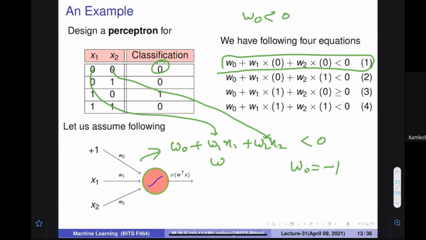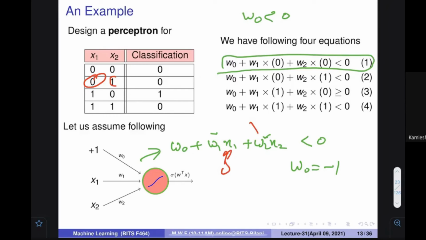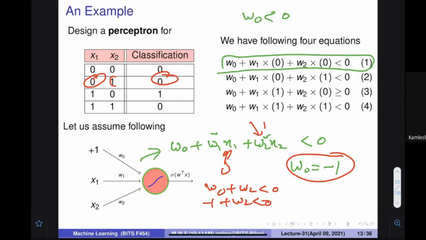All right, very good. So what is the next equation? Next equation says that 0 1 means this value is 0, this value is 1. Means that W0 plus W2 should also be less than 0, because we have to give the output as 0. What is the value of W0? -1, we have actually selected this. What is the value of W2? It should be less than 0. So what value can you take for W2? Any value you can take. Let us also take W2 equal to -1. Any problem in that? Okay.